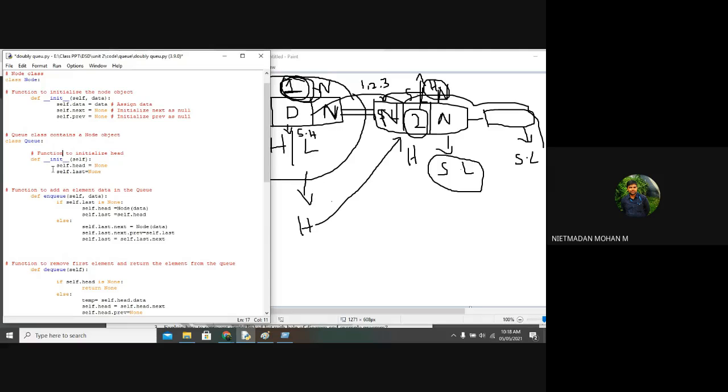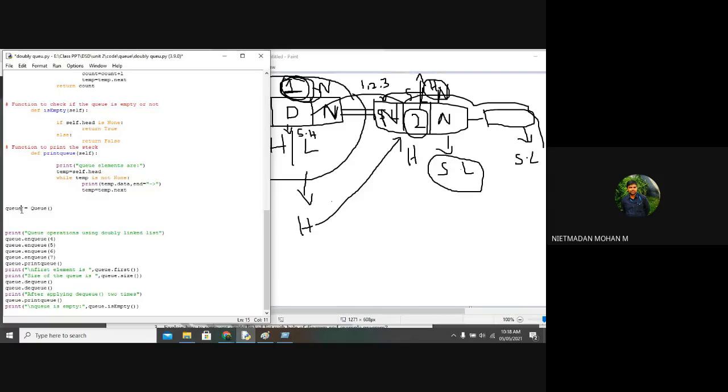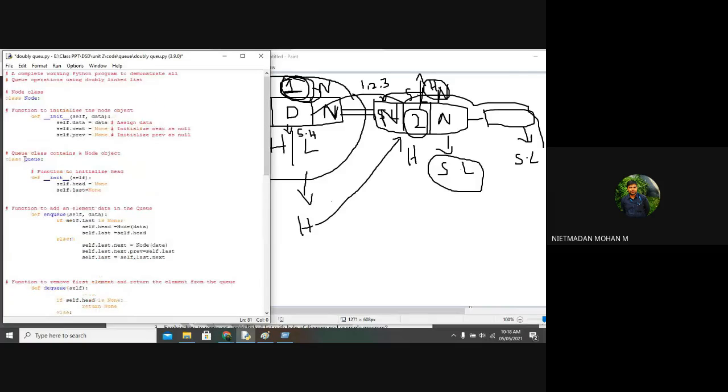Anyone? Whether it is right or wrong, just tell me. What is the need of creating this object for this particular Q class? To access the data of Q class. Yes, to access the data or a function inside the class, we create an object for the Q class, right?